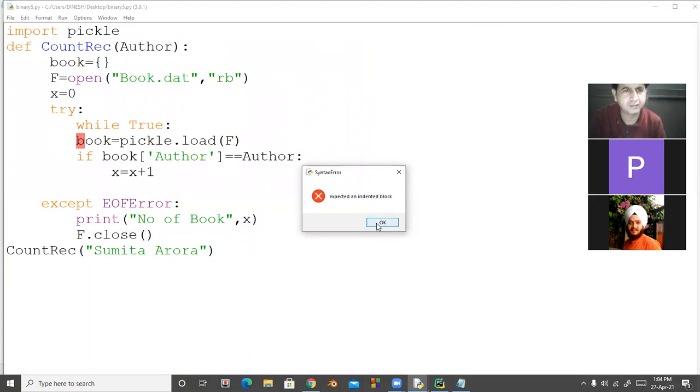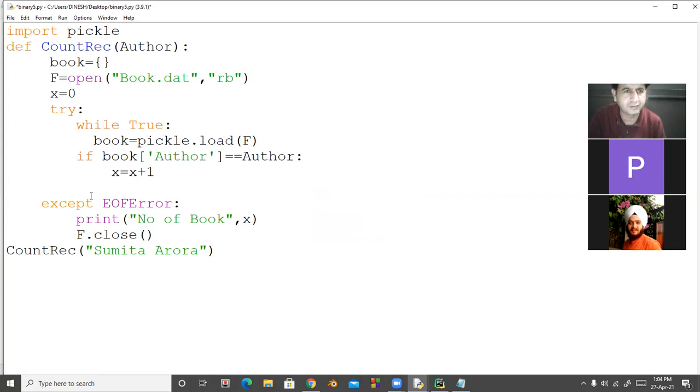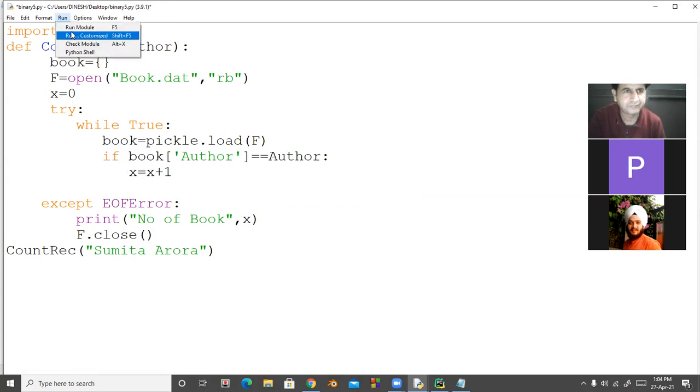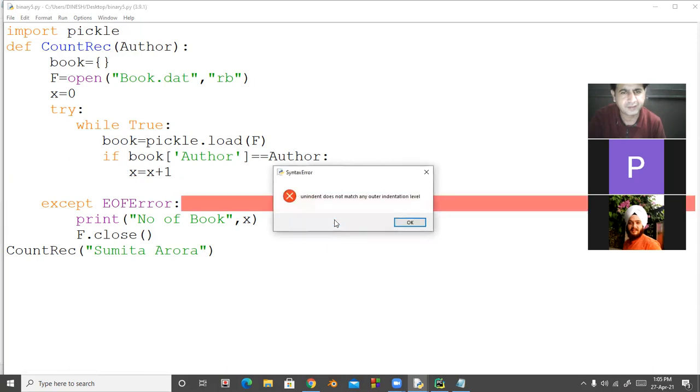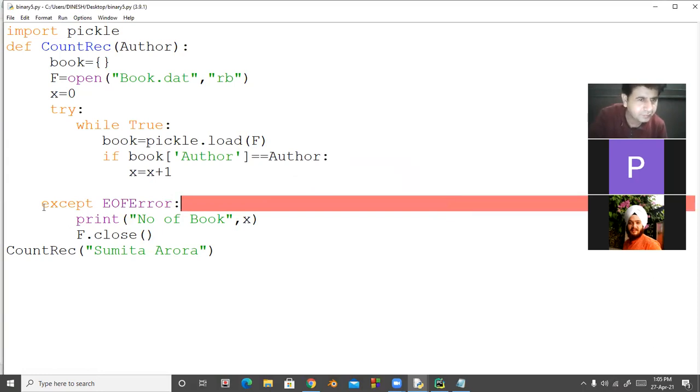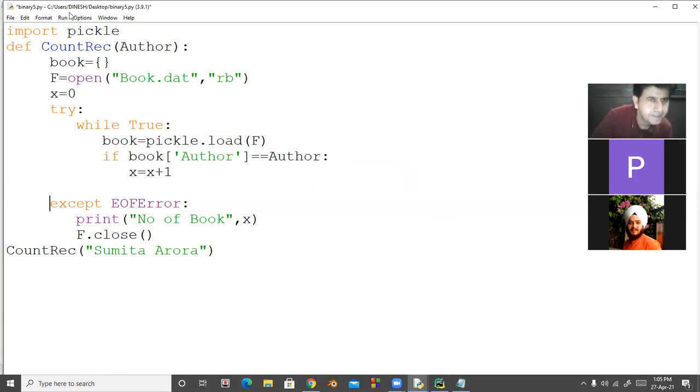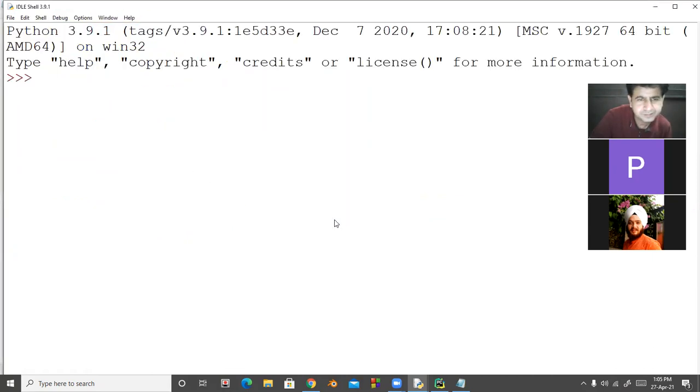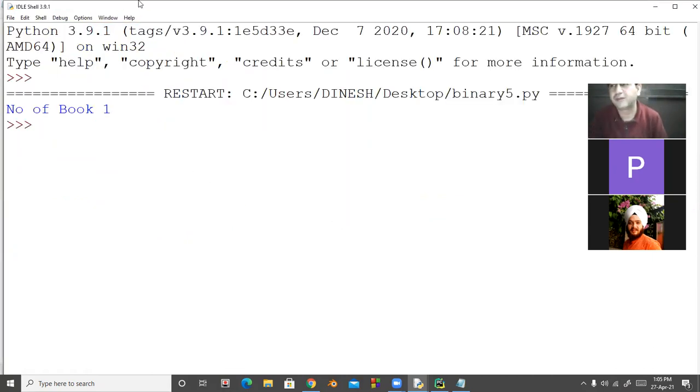So there is an error here. It should be an indentation problem. Indentation problem here. So the number of books is 1, because I have added only one record in the file, that's why the number of books is only 1. That is written by Sumita Arora.